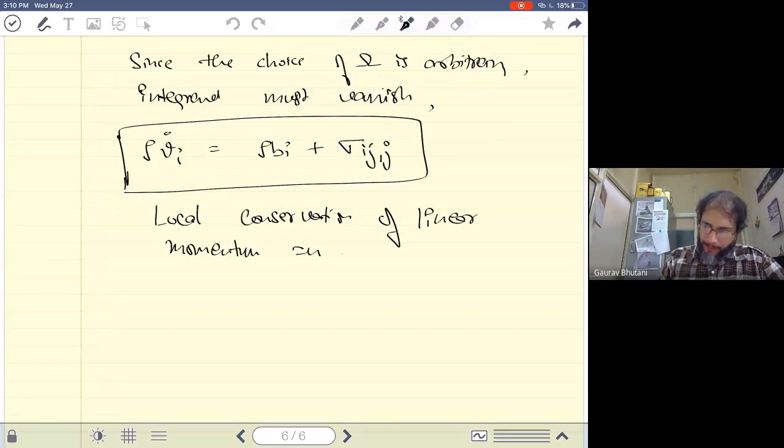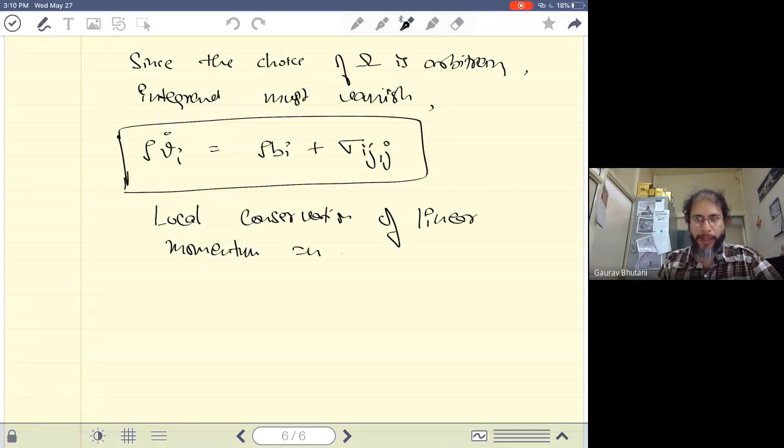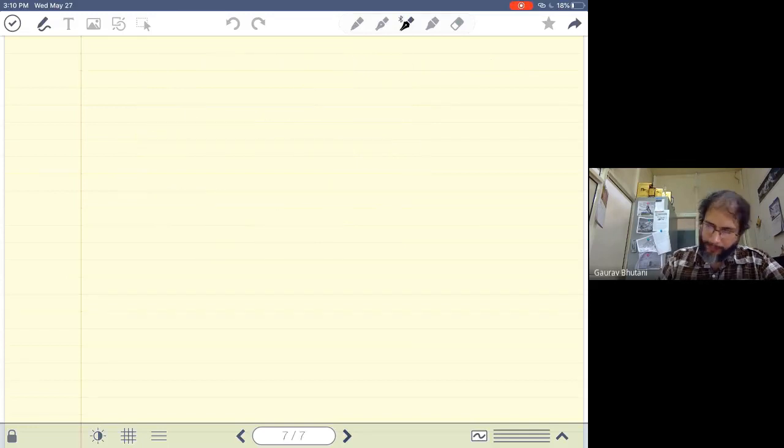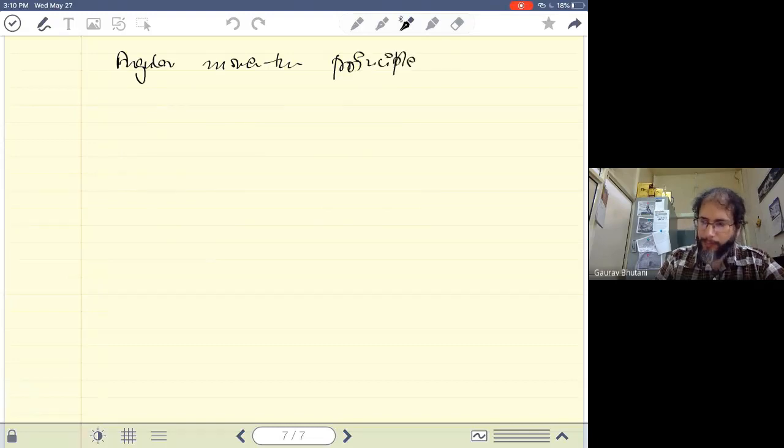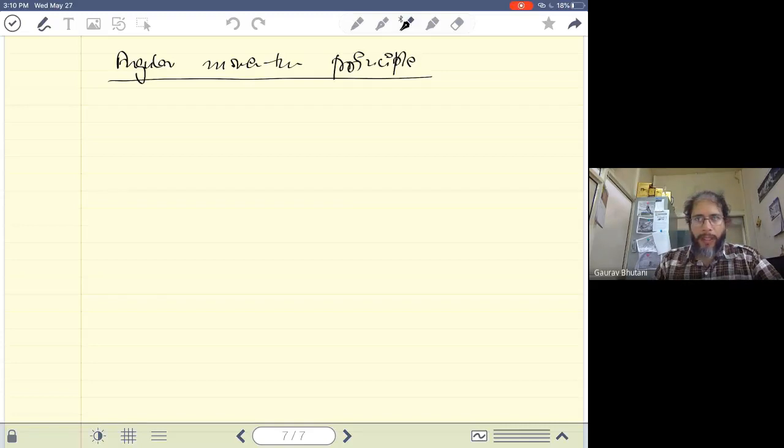All right. Now the next equation that we'll talk about is the conservation of angular momentum, or the angular momentum principle. I mean, applying the angular momentum principle. Again, we know this angular momentum principle. What that says is the time rate of change of angular momentum is equal to the net torque acting on the body.